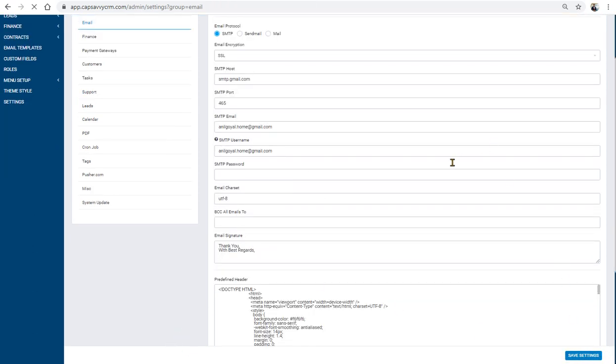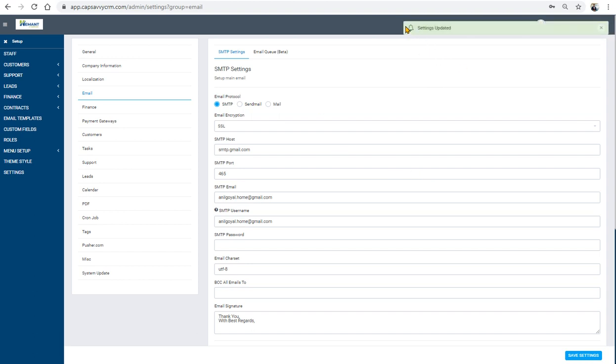So it will save the settings. If there is an error, then it will say error, otherwise system updated. So that means your email ID has gone. So this is the way you can create your username and email ID configuration. The same email ID will then be used for sending the mail.